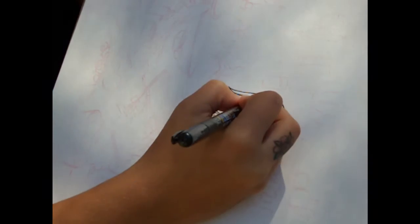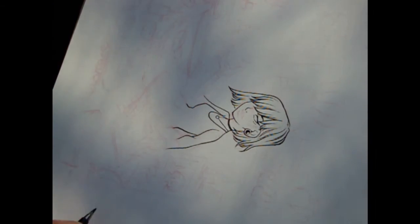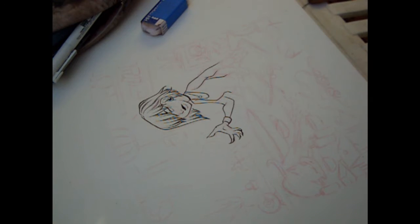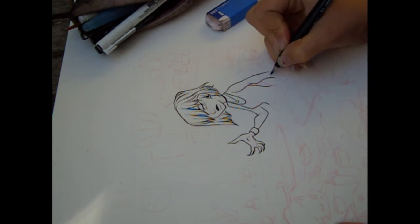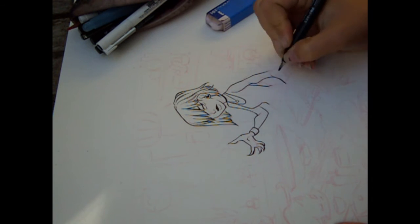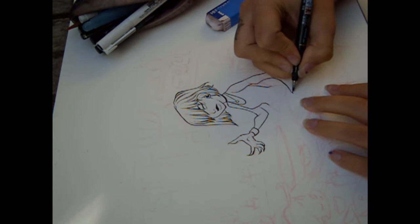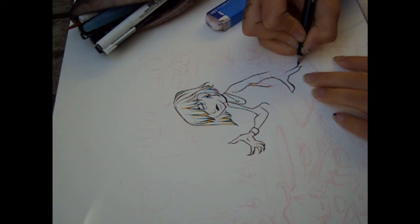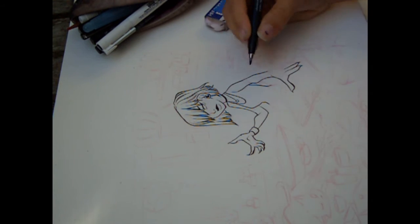So you can see here that I'm focusing on the figure first. A lot of times what I'll do is, depending on what the focal point is, I'll either start on the character or I'll start on the focal point. And in this instance, she is the focal point, so I'm making sure that all of my lines are nice and clean and warble in and out of thick and thin. Whenever it comes down to creating my focal point, I like using the brush pen to be able to have thicker and thinner lines,